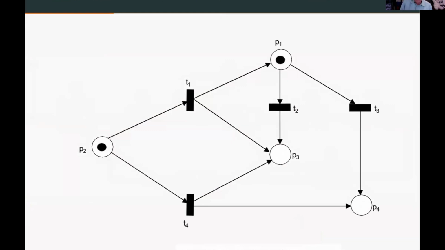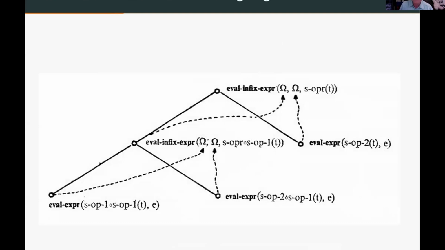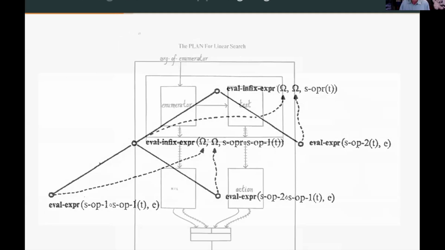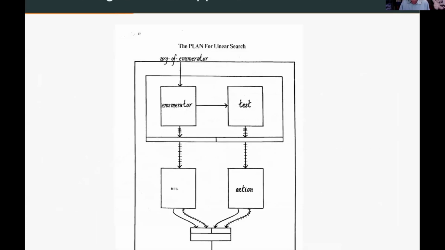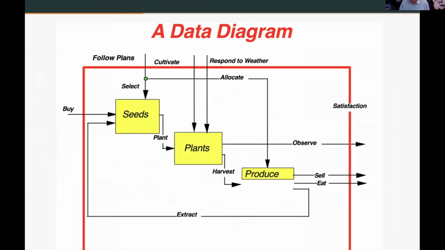Petri nets, okay, I see an expert in the audience here. But you have both data and control moving along these arrows in some sense. And the Vienna Definition Language had both edges for control and for data. This was maybe overkill, but a famous experiment in defining semantics. And the programmer's apprentice and Plotkin's structural semantics.